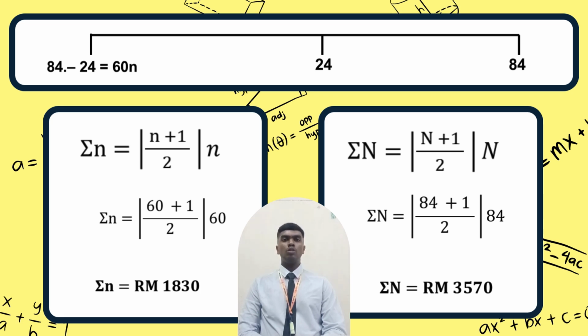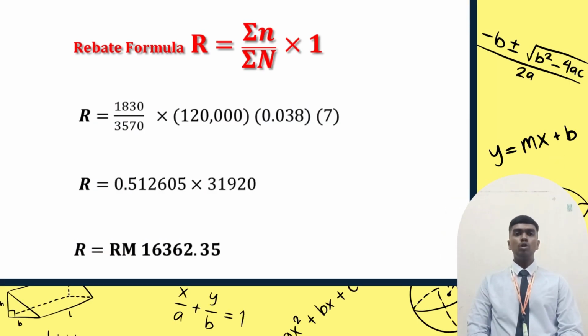The answer for sigma big N is Rm 3570. Lastly, use the rebate formula R equals sigma small n divided by sigma big N times I. Before that, we must know what I stands for. I stands for P times R times T, which is